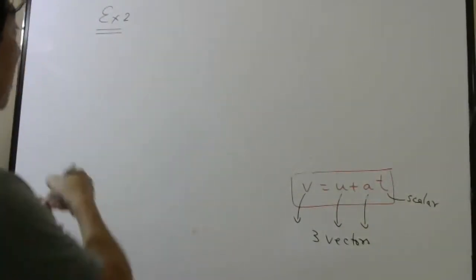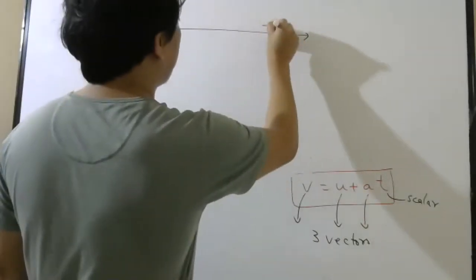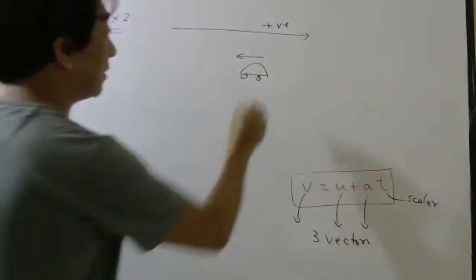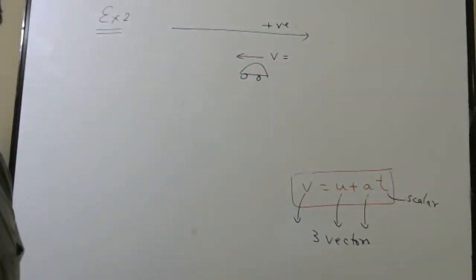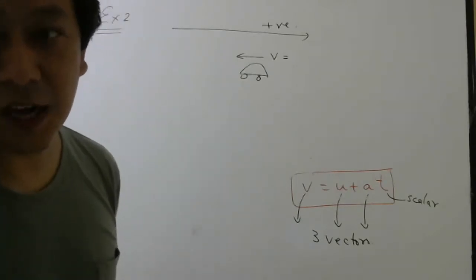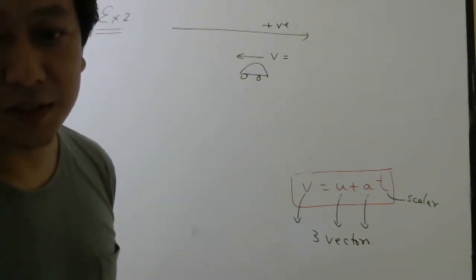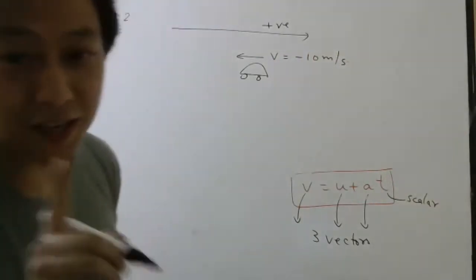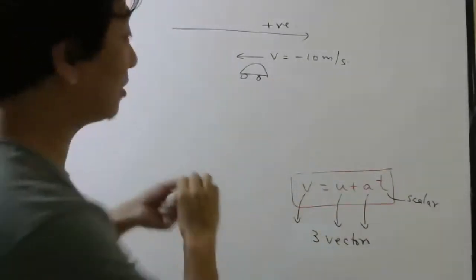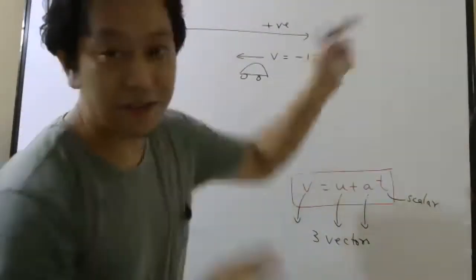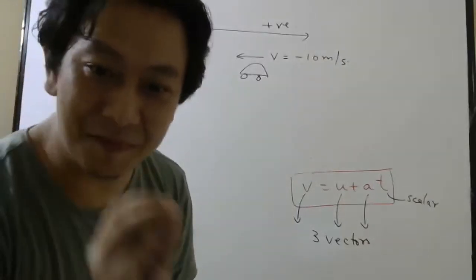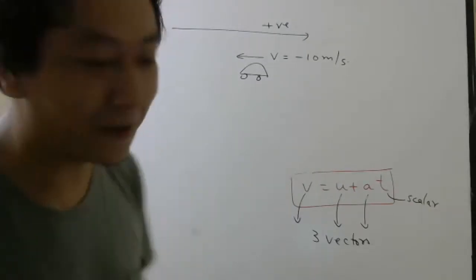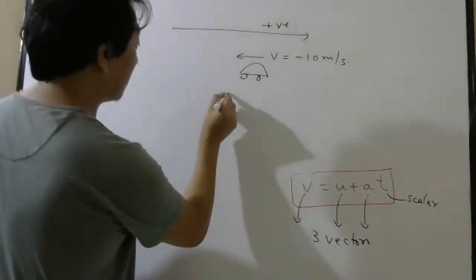See carefully. Imagine this is my positive direction, but I have a car which is moving this way. Then for velocity, should I write negative or positive? Negative. So let us say it is minus 10 meters per second. Again, the minus sign is only saying it is moving opposite to the positive direction. Magnitude is 10 meter per second only. How can it move less than 0? Impossible.